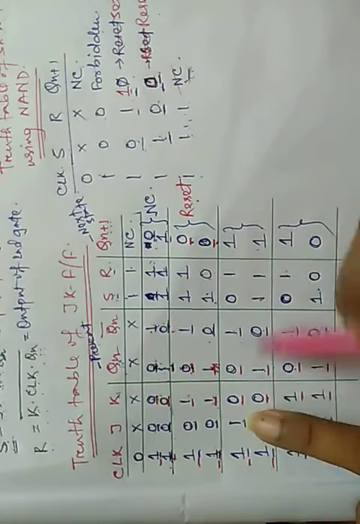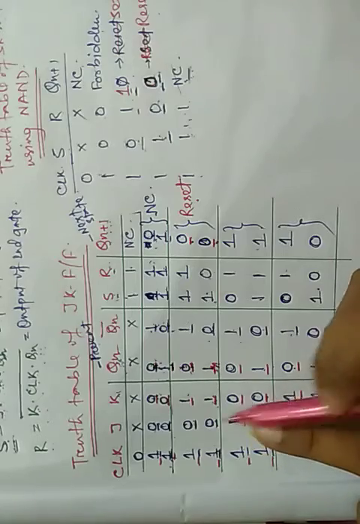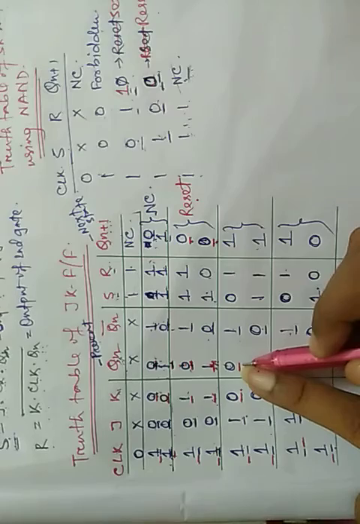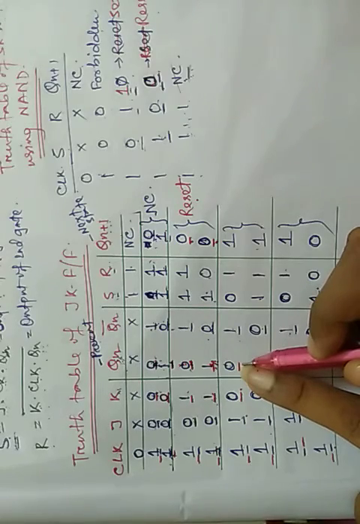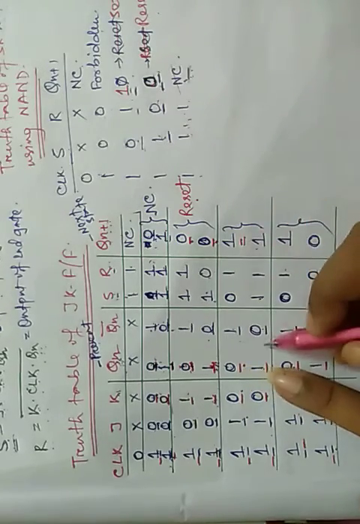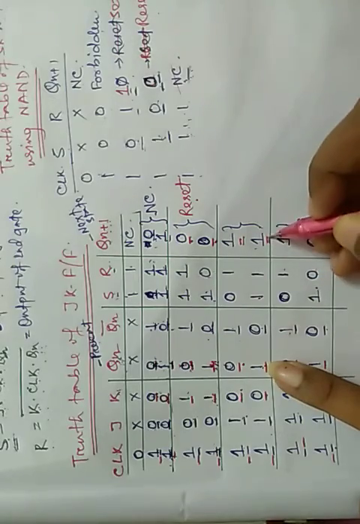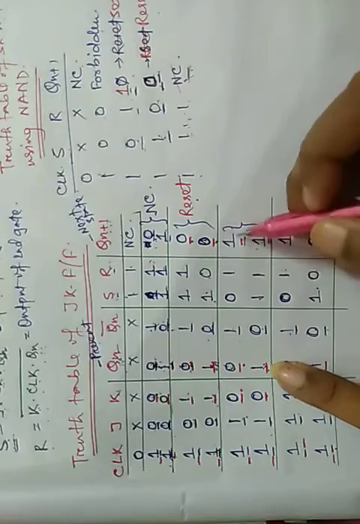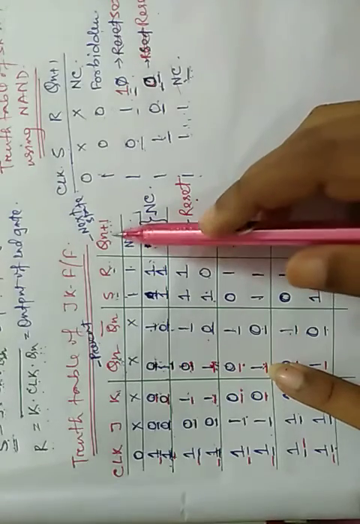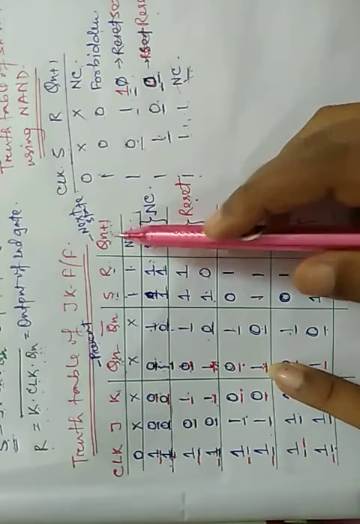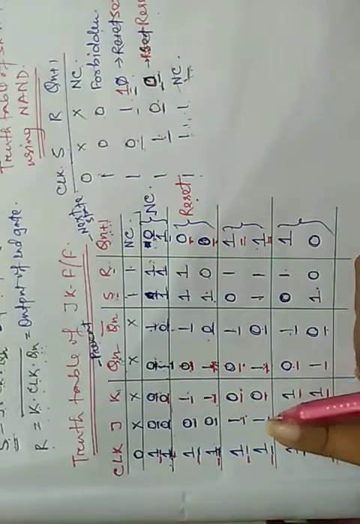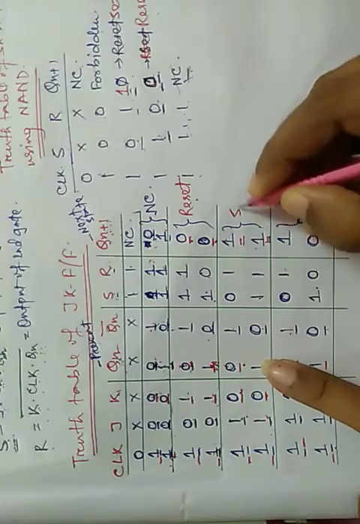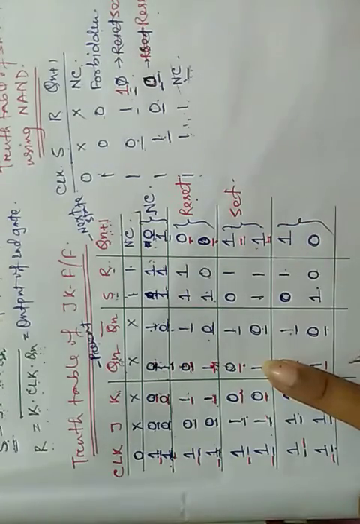Okay, we know already that if the flip-flop turns into its value as 0, it is our reset condition. In our third case, when J is 1, K is 0, in both the cases, when Qn is 0, it's also 1. When Qn is 1, it's also 1. That means whatever be the value of Qn, whether it is 0 and 1, we get 1 as its output in next state, when J is 1 and K is 0. So we can say it is our set state.